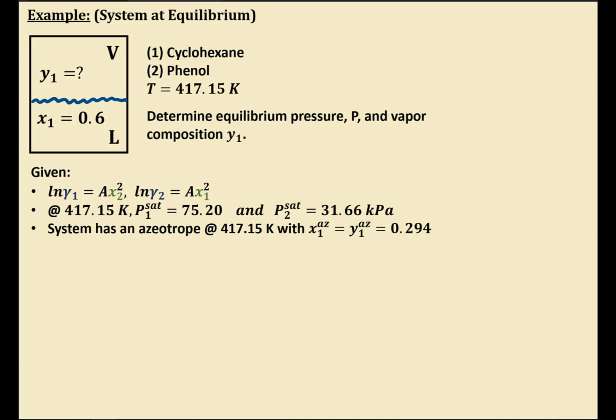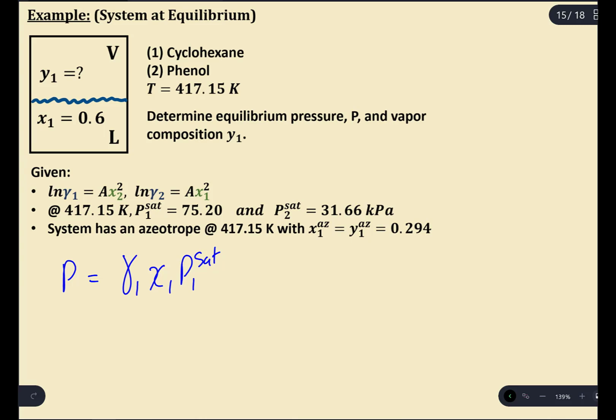So the pressure is going to equal the sum of gamma 1 x1 P1 sat, from the modified Raoult's law. Why? Because there's a function for the activity coefficient. It's not simply equal to 1, so we have to use modified Raoult's law,